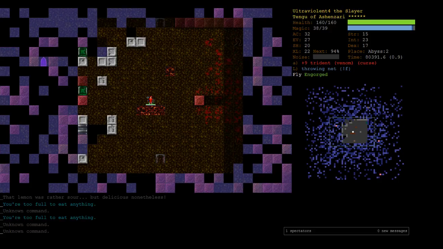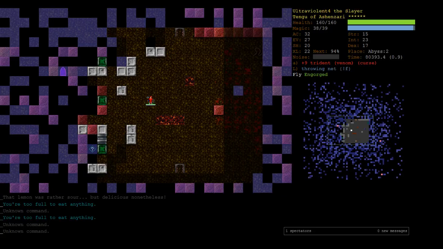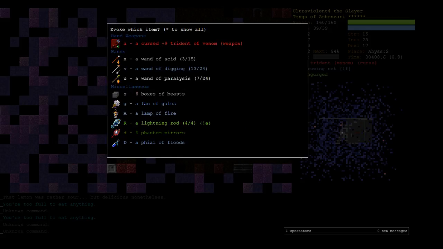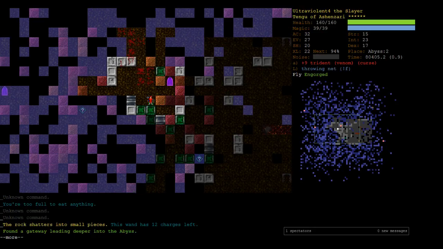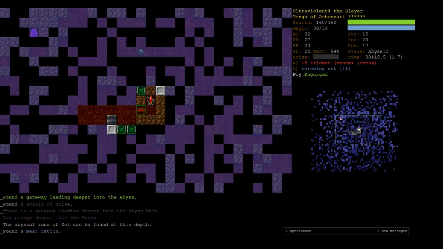Oh, I remember the other point. We have Passage of Golubria. That's also extremely useful in Abyss for running away from stuff. Because the thing about Abyss is that as long as you are... Let's use our digging one to dig through here. Actually, I could pass wall. I forgot that. There's also... I was just going to see what that item is. A scroll of noise. Never mind. But as long as you immediately teleport from any...